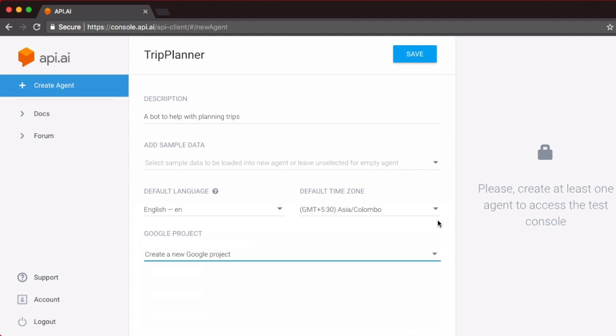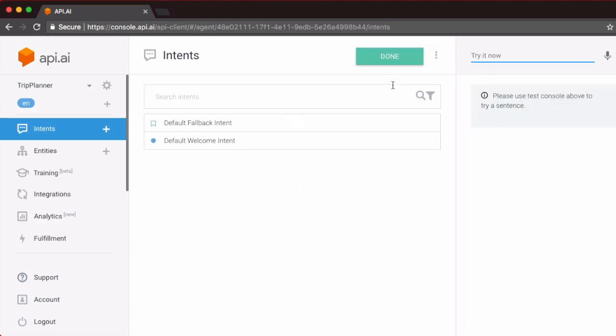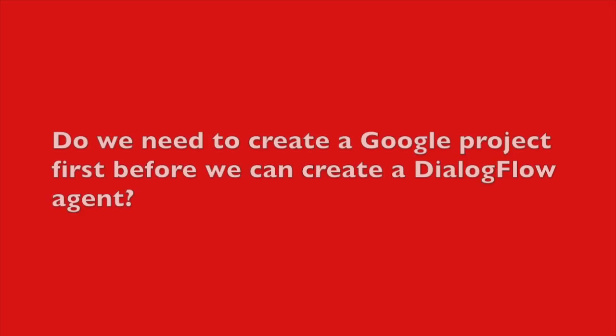Don't worry about anything, you're not going to be billed for this. Remember, Dialogflow is absolutely free. It'll simply create a Google project associated with the account or the Gmail account that you use to log in. At this point, once you've filled every field in this form, you can click on save. You can see it working as it updates the settings in your backend, and you have your first agent. This is the screen that you should see, the intents screen with two intents pre-configured. We'll see what they are in the next video.